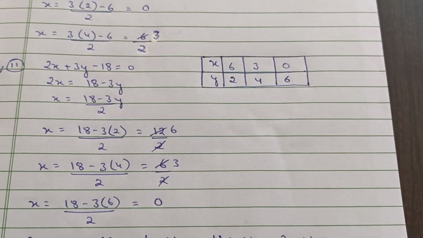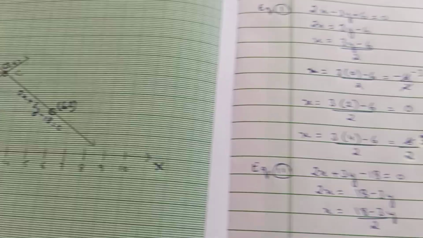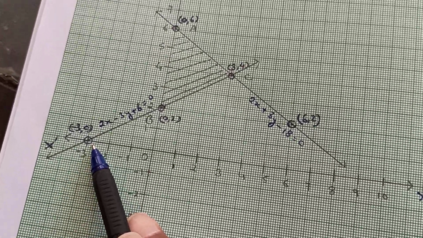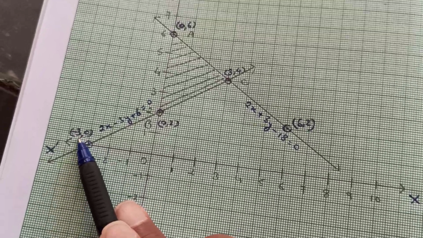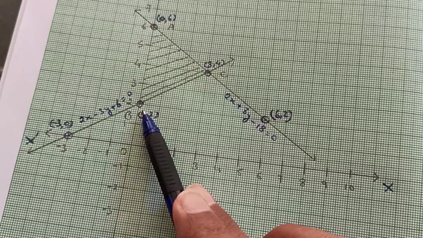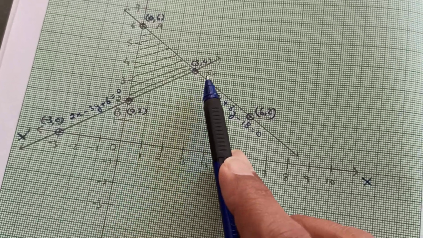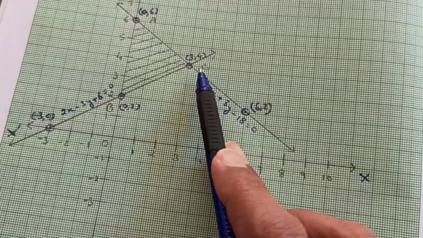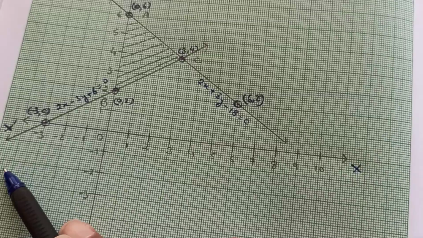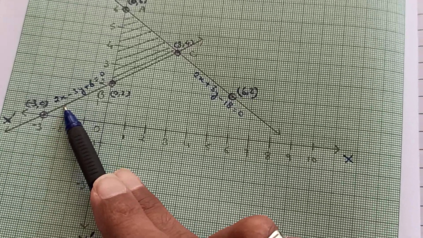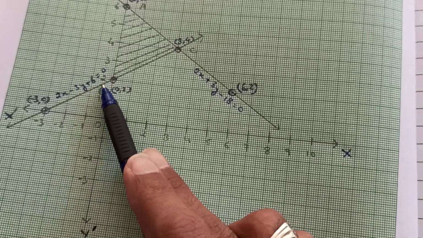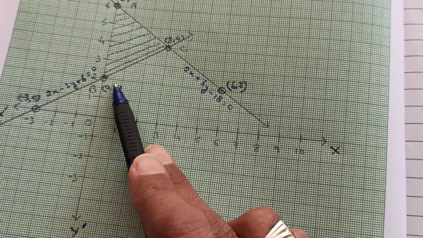First I start with the first line, that is when x is minus 3, y is 0. I have put a dot. I have written this also. When x is 0, y is 2. I have put a dot. I have marked it. And then when x is 3, y is 4. I have joined it by means of a straight line drawn with a pencil, and I have also written the equation 2x minus 3y plus 6 equals to 0, to which it belongs.